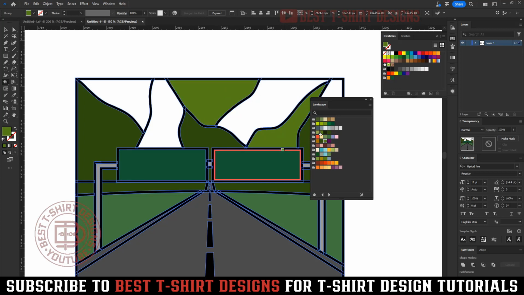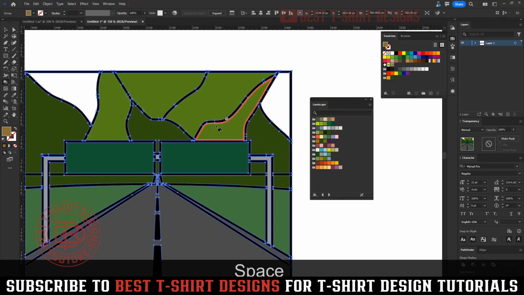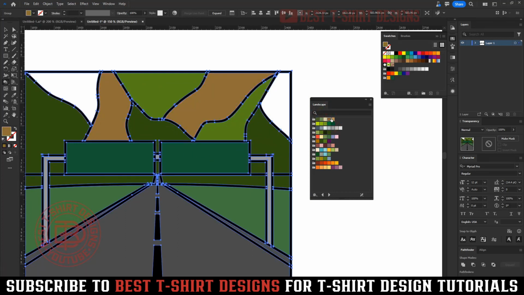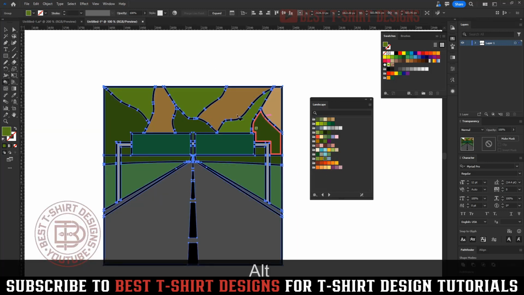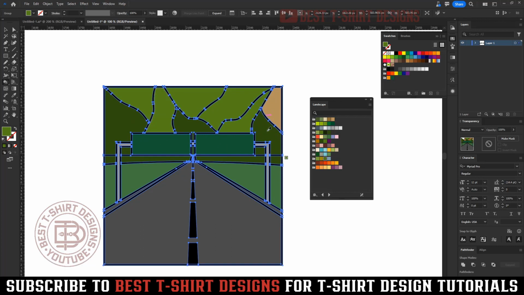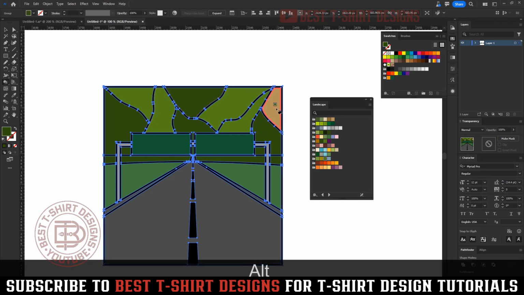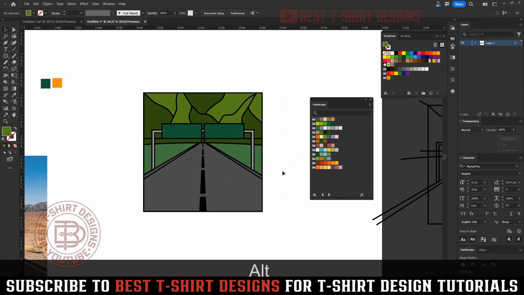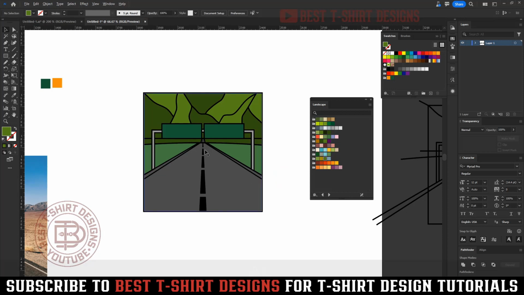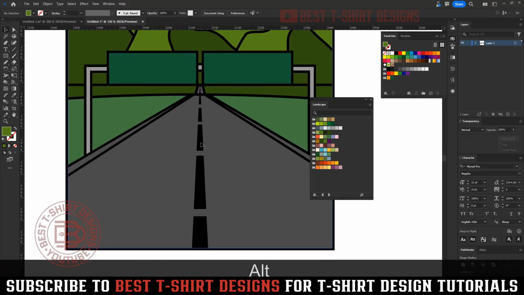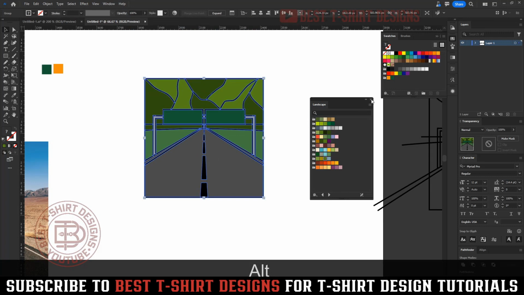Some random shades of green. Maybe we can use this kind of colors for the mountains just to make it look like a real mountain. Okay, I'm just going to make it something like this. Okay, so just like this, that is fine. We will add some details later. And for this area I need to add some more details here, but the first coloring option is done here,